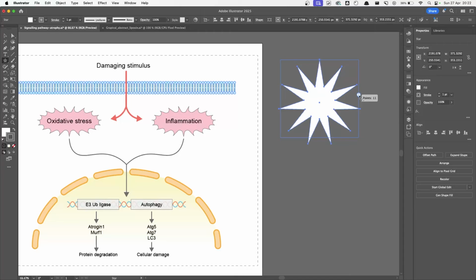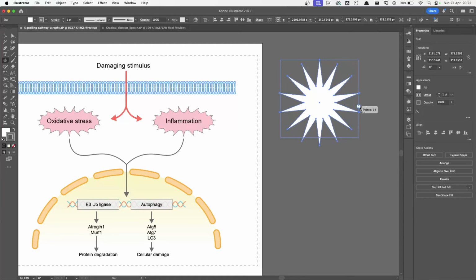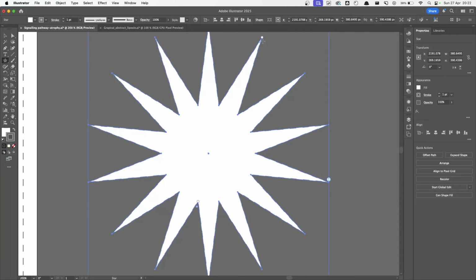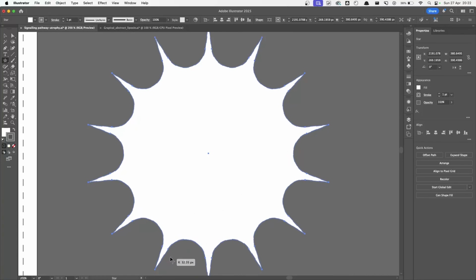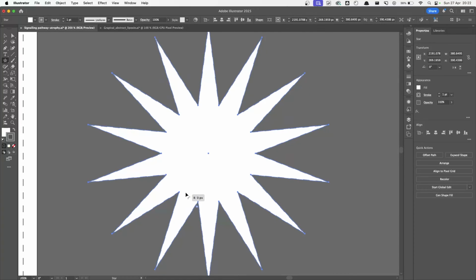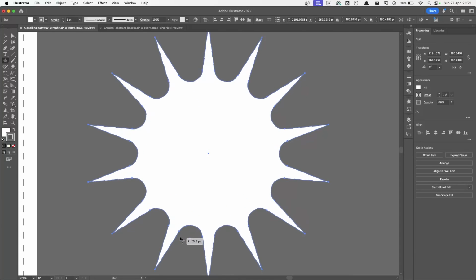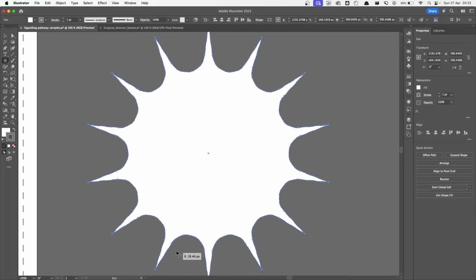So that will change the number of points that the star has, and you can drag it until you're satisfied. And once you're done with that, if I zoom in a little bit, can you see these anchor points over here, the circle with the dot? You can hold them and you can drag them out like this, so that you don't have a pointy valley between the two angles. And you can drag them out, and this will give you that speech bubble kind of